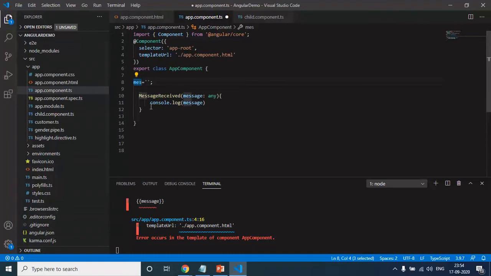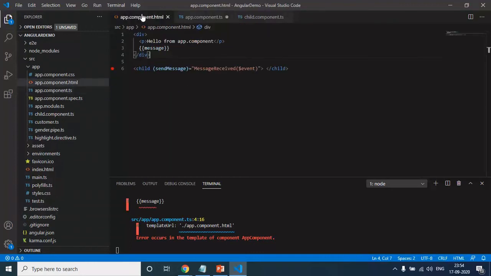And I will use this one now, this.msg equal to message. Because this parameter we cannot access in the HTML. This message has only this much of a scope. We cannot access that in the HTML, and I am using this one in the HTML. That's the reason we are not able to see output on the screen.